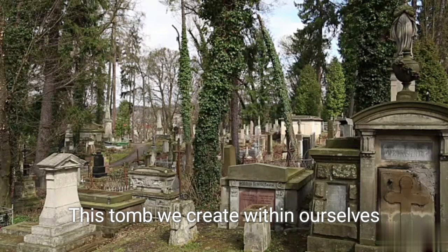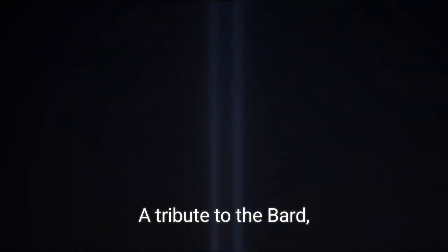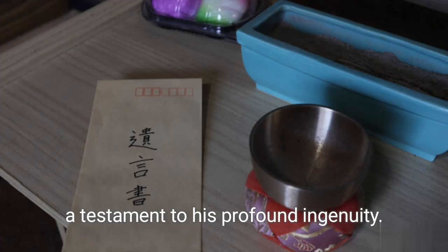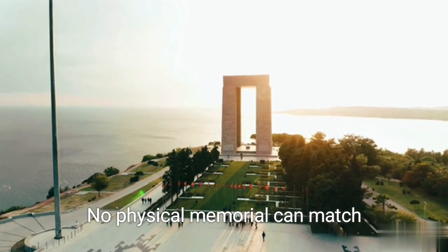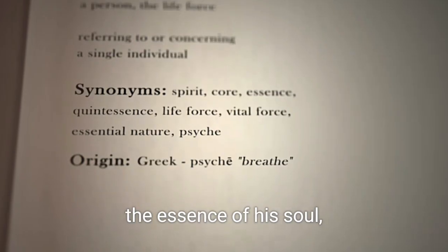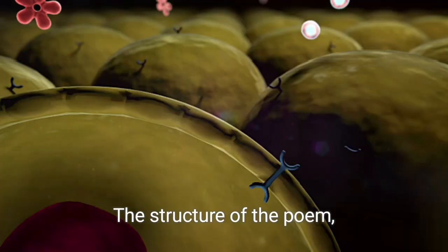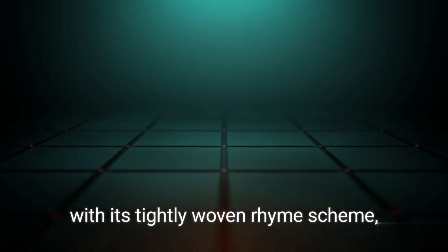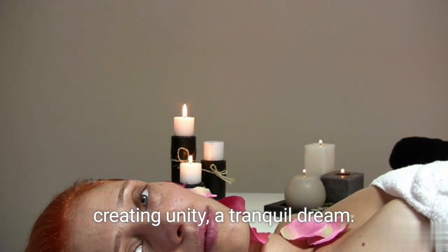This tomb we create within ourselves shall stand for eternity, a tribute to the bard, a testament to his profound ingenuity. No physical memorial can match the power of his words, for within his writings lies the essence of his soul. Like melodious chords, the structure of the poem, with its tightly woven rhyme scheme, creating unity, a tranquil dream,